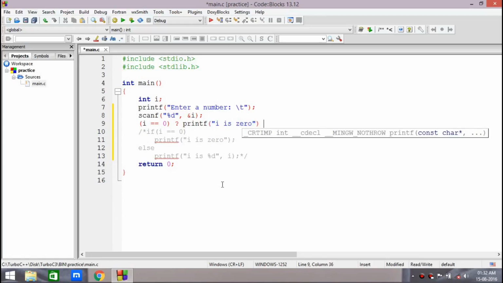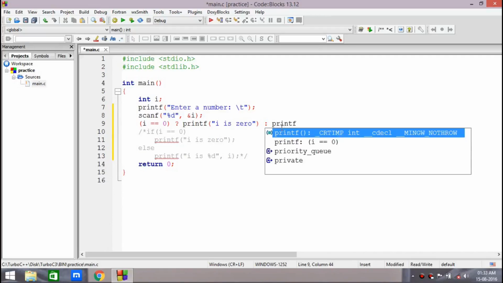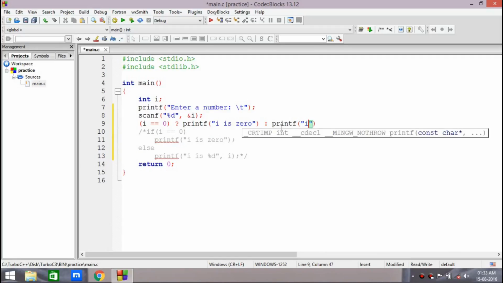And now what if this I is not equal to 0? For that, we don't have to move to the next line. We just have to enter this colon. If I is equal to 0, then it will print this. Else, if this is not true, then whatever is written after this will be executed. I is